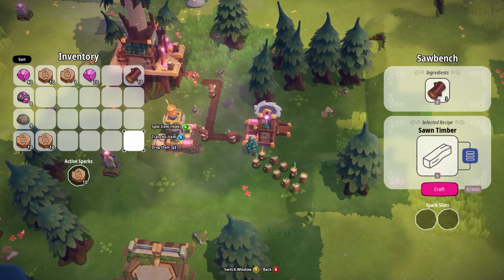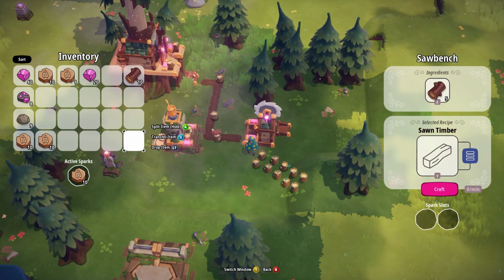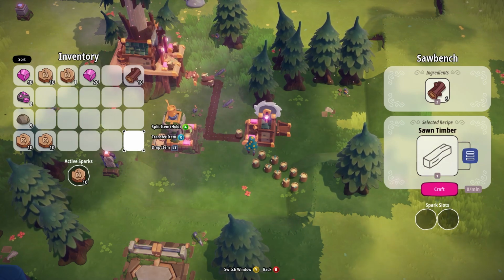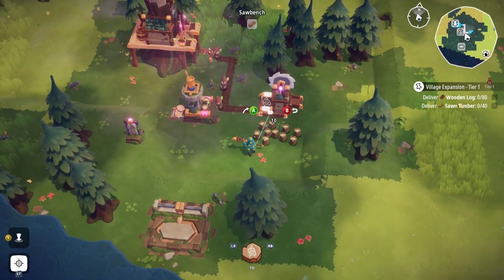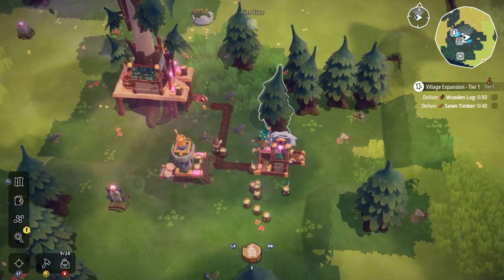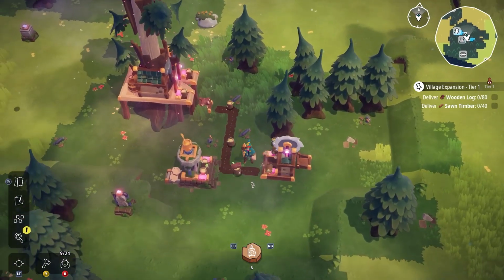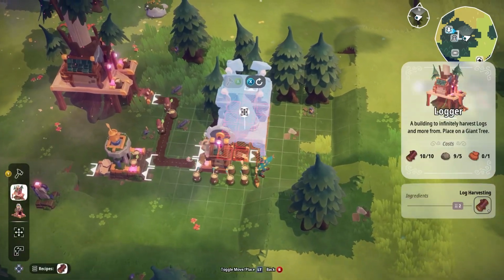So we gotta put some sparks in there, of course. But it looks like it requires 2 logs and it makes 1 timber. So I like just throwing them in there. Whee! So now we got them making timber. So that'll complete that quest. I think we've also unlocked a